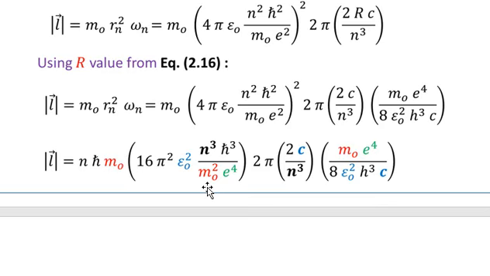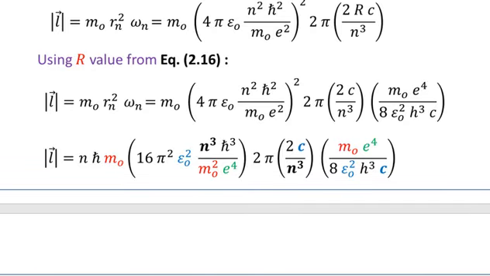So m0 will be cancelled out. We have epsilon naught square and also epsilon square over here in the denominator, so epsilon square will also be cancelled out. And c has also been shown, so c will also be cancelled out. And the quantity e square, which is e to the power 4, is shown in green. This will also be cancelled out. And then you see that finally, after cancellation of common terms, we have